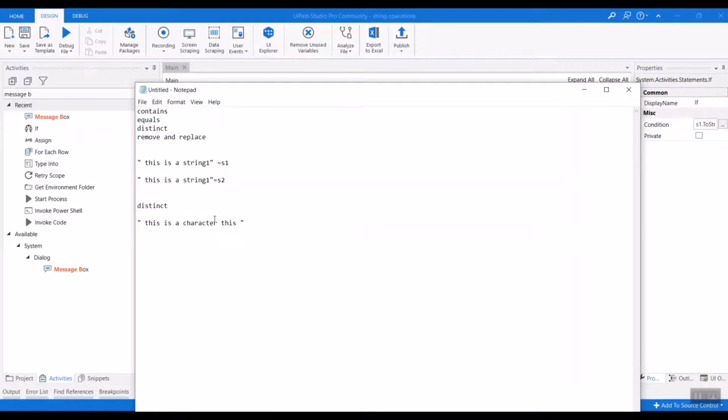So whenever we apply the distinct function to a particular string, it considers each character as an element of the array, and if the same character repeats in the string, then it doesn't show it, it removes it from the array.